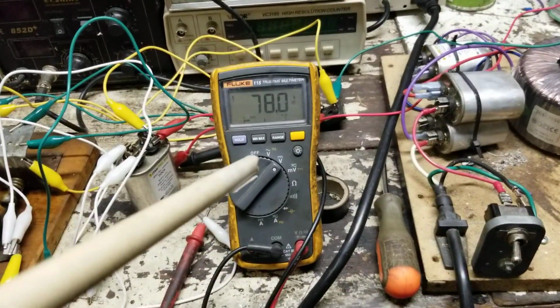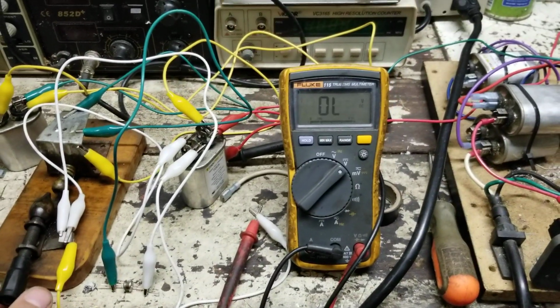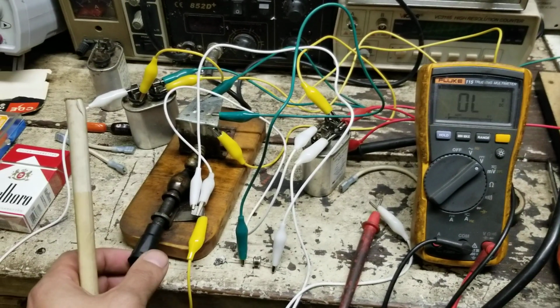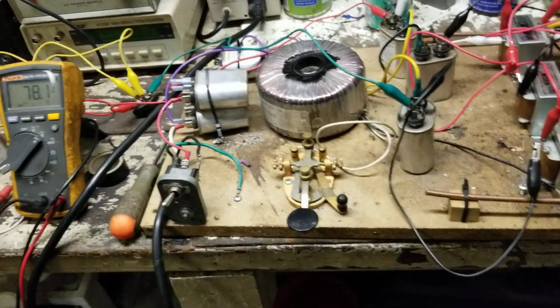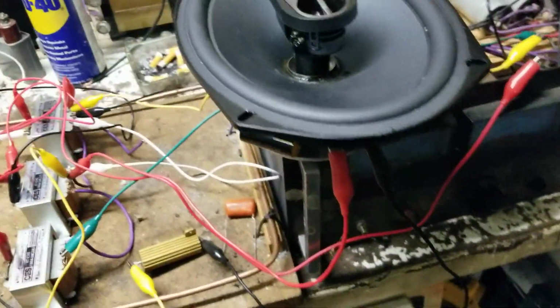So we're resting at 78 volts approximately, and I can short it out and it comes right back pretty quick. It's not major. It's enough to just barely arc as is and make a little bit of an arc come out of the coil there, but that's nothing, obviously. Okay, so this is the first state, the rest state,